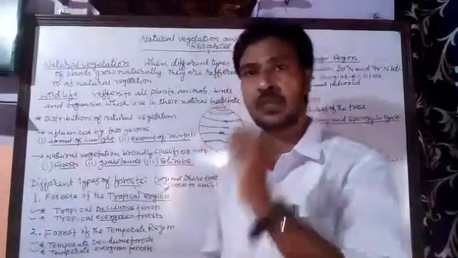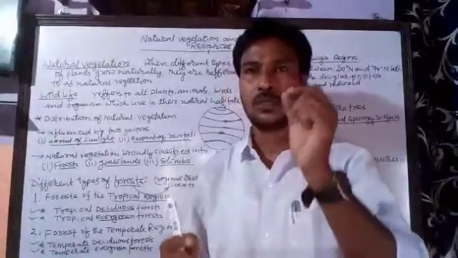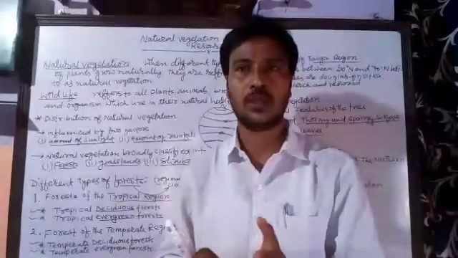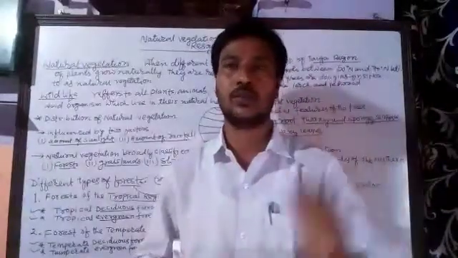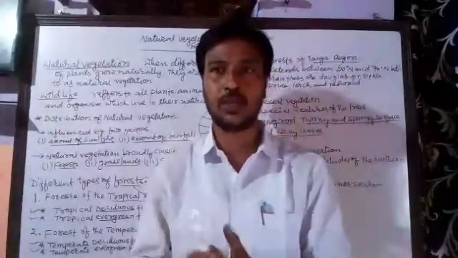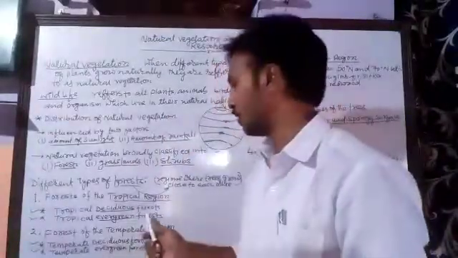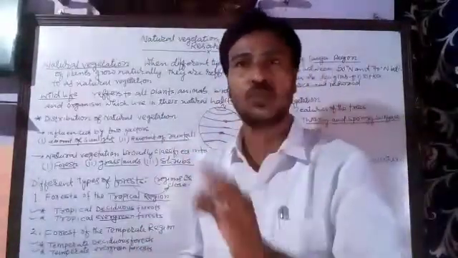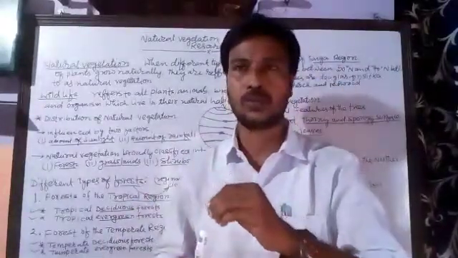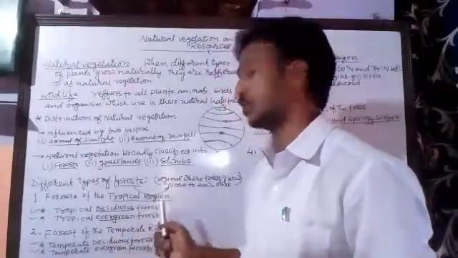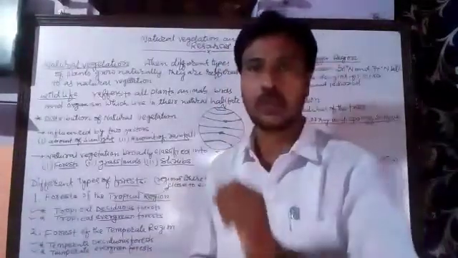Now the speciality of this evergreen forest is that these trees remain evergreen. They remain evergreen because they do not shed their leaves, because there is always rainfall, and these areas are very wet. So these forests are also called tropical rainforest, and deciduous forests are called tropical monsoon forest because they get rainfall only in the monsoon season. So tropical deciduous forests are called monsoon forest, and tropical evergreen forests are called rainforest.